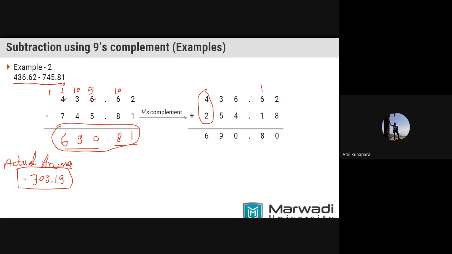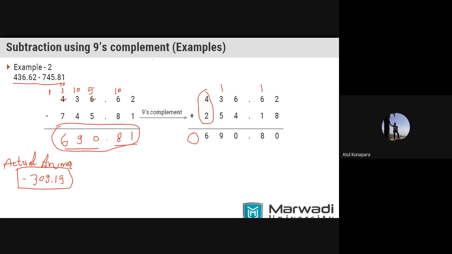6 plus 7, then 7 plus 1, so it is 8. 6 plus 4 it is 0, then 1 carry will be here. So 1 plus 3 it is 4, plus 5 it is 9, and the last, it is 4, 4 plus 2 it is 6. But now here there is no extra carry generated with the last digit addition.